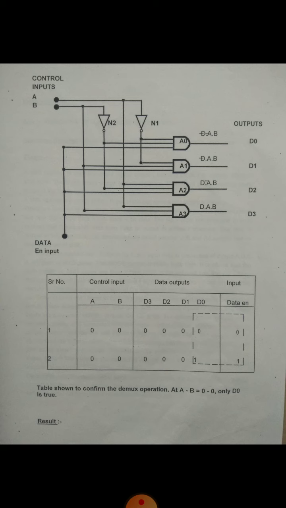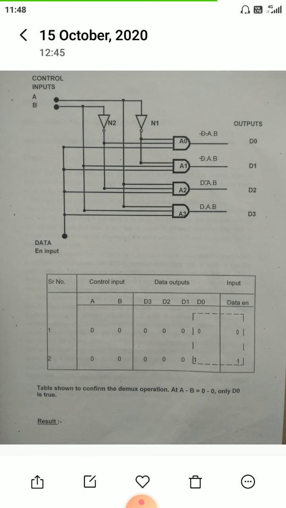Okay, and expression for D1 is D A bar B, and we have achieved it by inverting A. Okay, by inverting A, you can check. A is inverted, input A is inverted, B is fed directly, and D enable, data enable input is fed directly. So this expression is D dot A bar dot B,